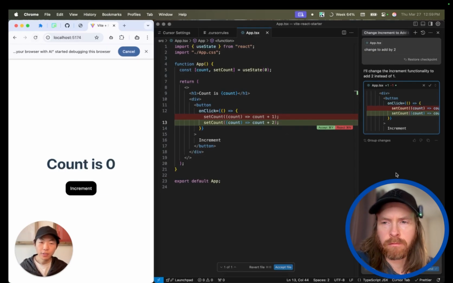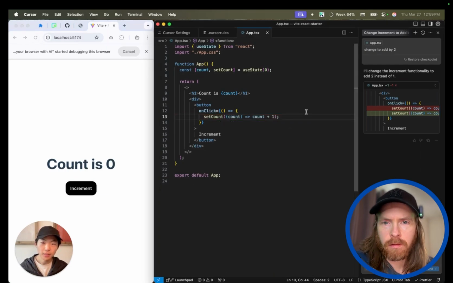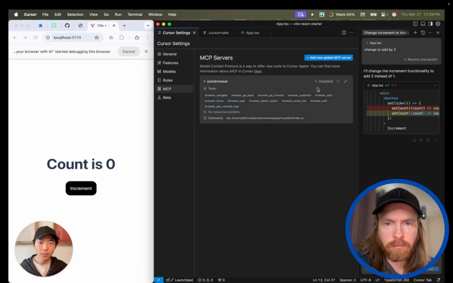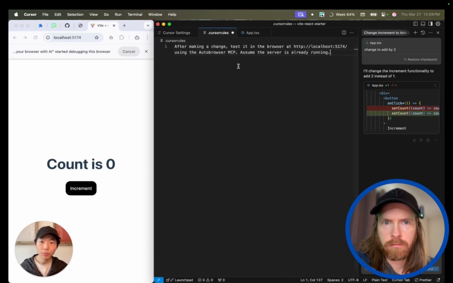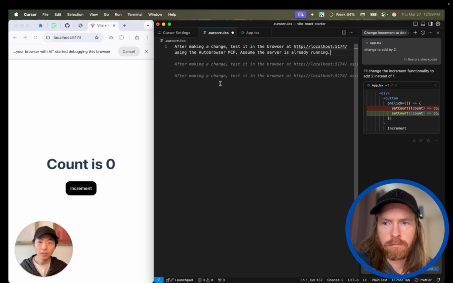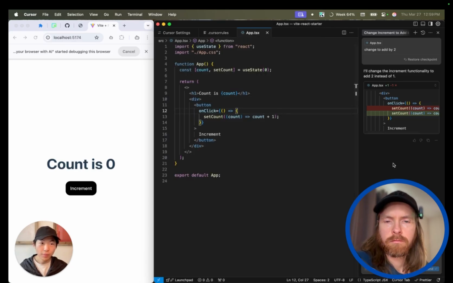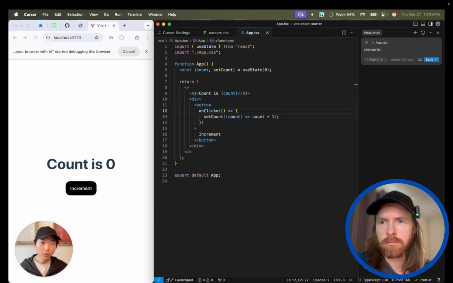So I have Cursor in the loop. But with the auto browser MCP, now I can let Cursor actually control my browser for me. So I'm going to tell Cursor, after making the change, test in the browser at my local server using the auto browser MCP. Now if I go back and then I make the same request, change to add by 2,